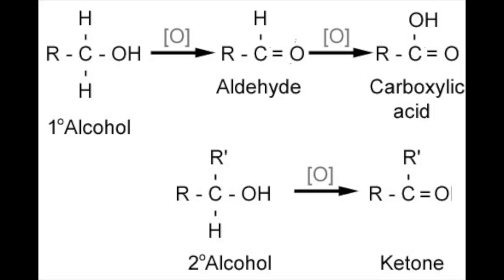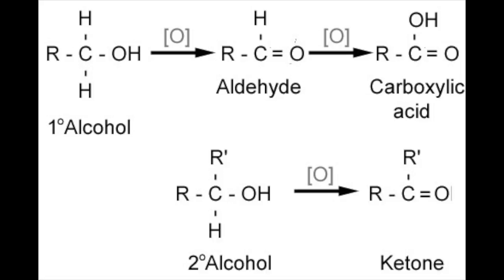In a primary alcohol, there is the carbon with the alcohol group attached. It also has two hydrogens and a carbon bound. We know that to be easily oxidized there must be a hydrogen attached to the carbon-oxygen bond. The primary alcohol reacts two hydrogens with an oxidizing agent, which forms a carbon-oxygen double bond. The aldehyde that is formed still has one hydrogen attached to the carbon, which means it can be further oxidized